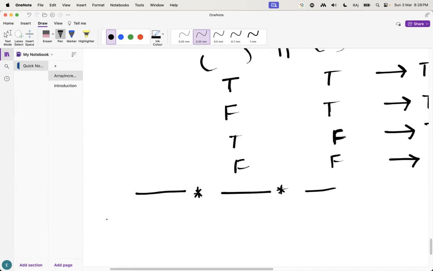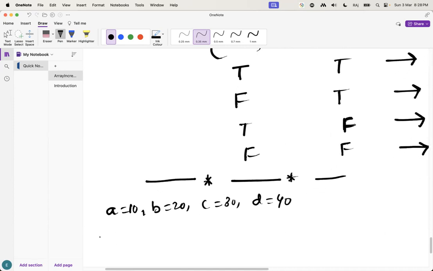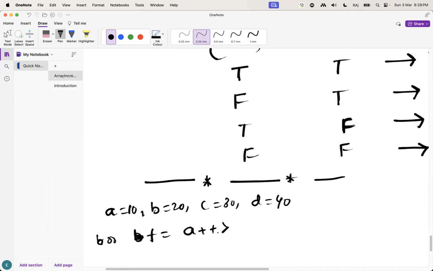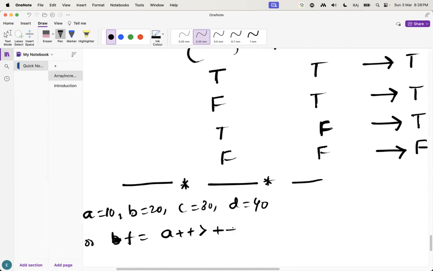Guys, let's say here another example. A equal to 10, B equal to 20, C equal to 30, and D equal to 40. Let's suppose Boolean F equal to A++ greater than ++B, or